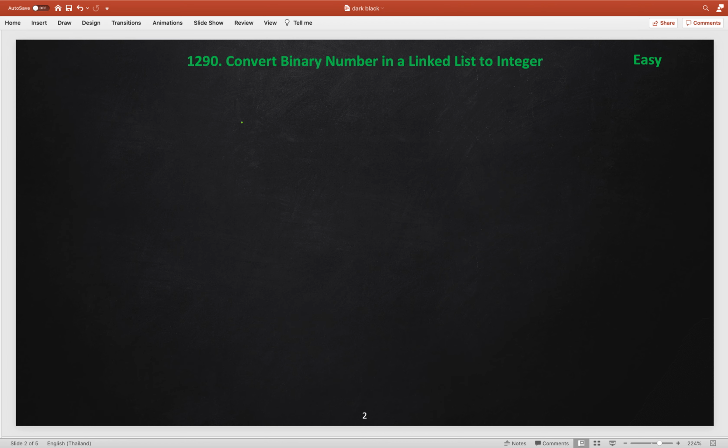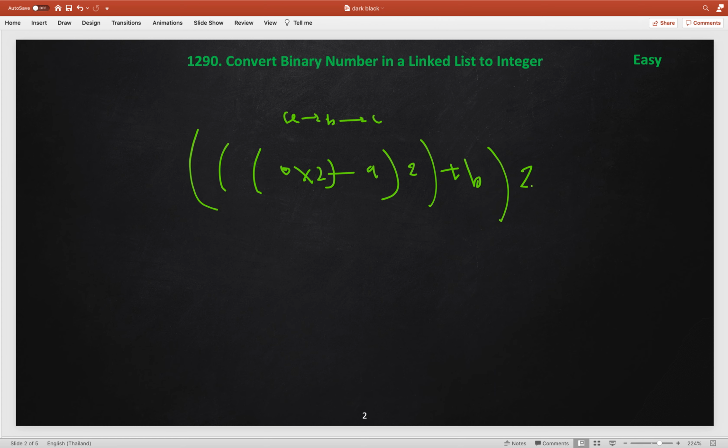Let's understand it more generically. Let's say we have bits A, B and C. From that formula we can write this as the initial number, which is 0, into 2 plus the bit A, into 2 plus the bit B, the whole into 2 plus the bit C. Once we reach the end and add it, we stop.